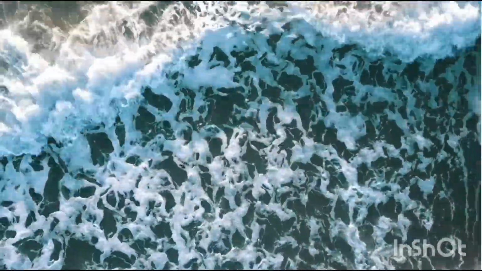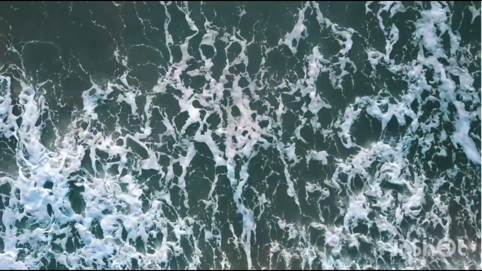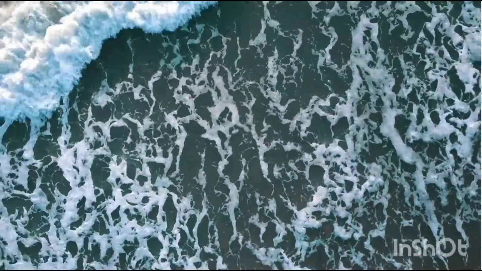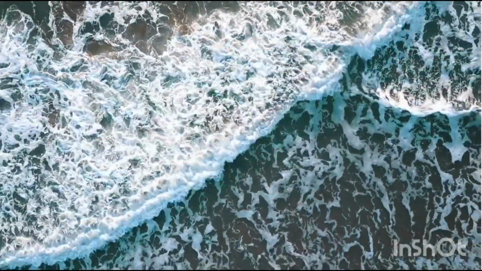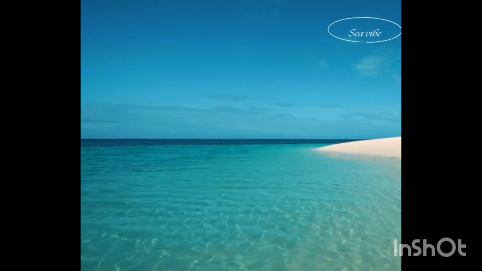The tides are a great help for fishing. Tides at some places take away the mud brought down by the rivers and prevent silting. We will discuss this lesson